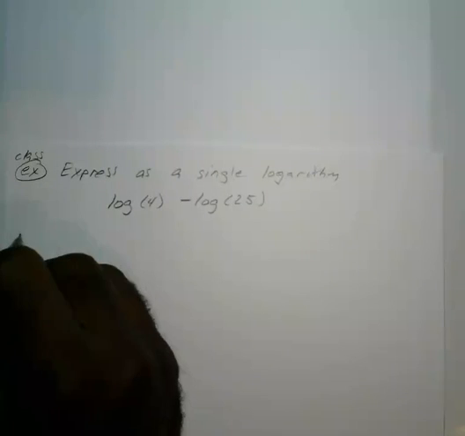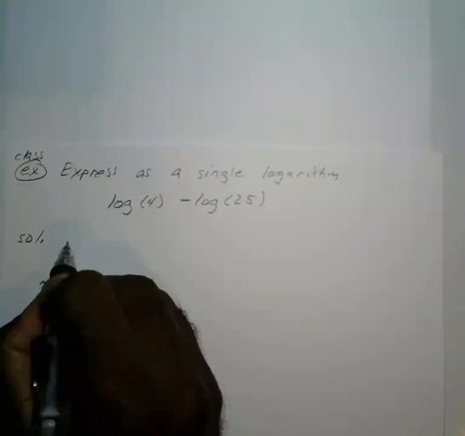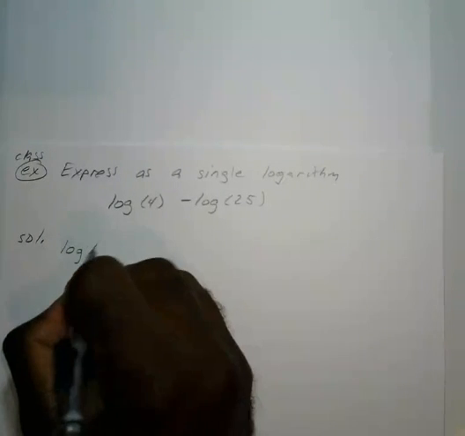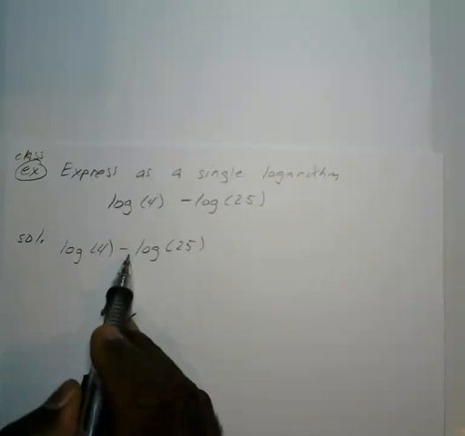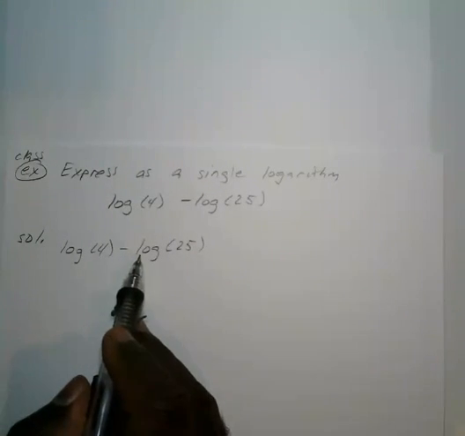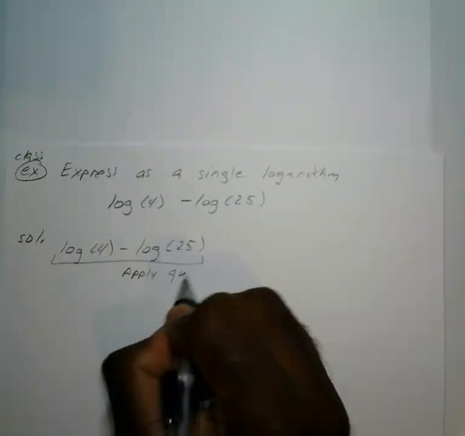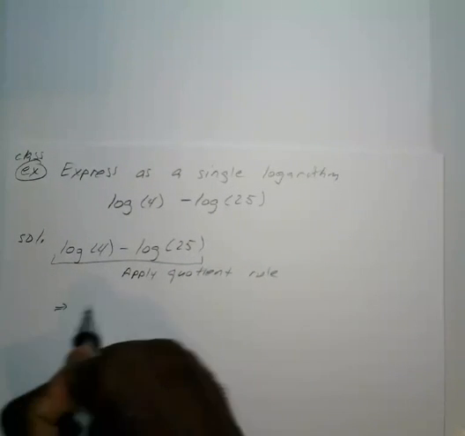Alright, so assuming you have pressed pause, we are going to go ahead and solve this one. Okay, so we have log of 4 over log of 25. You have a minus sign, so you're going to apply the quotient rule. Okay, so that gives us